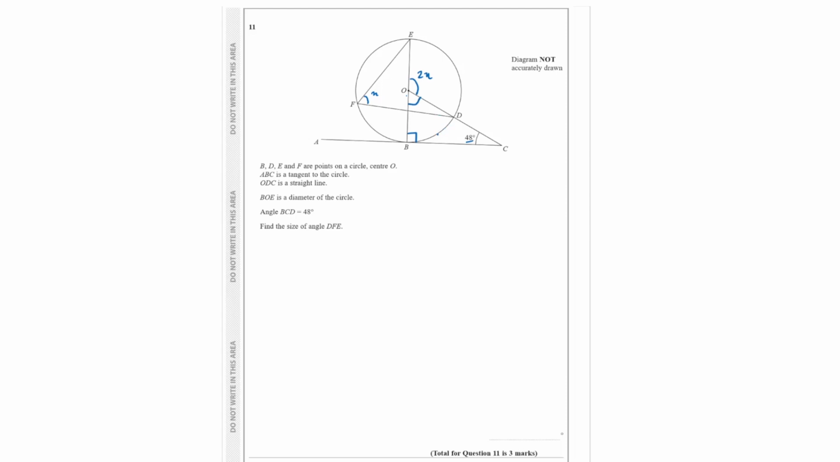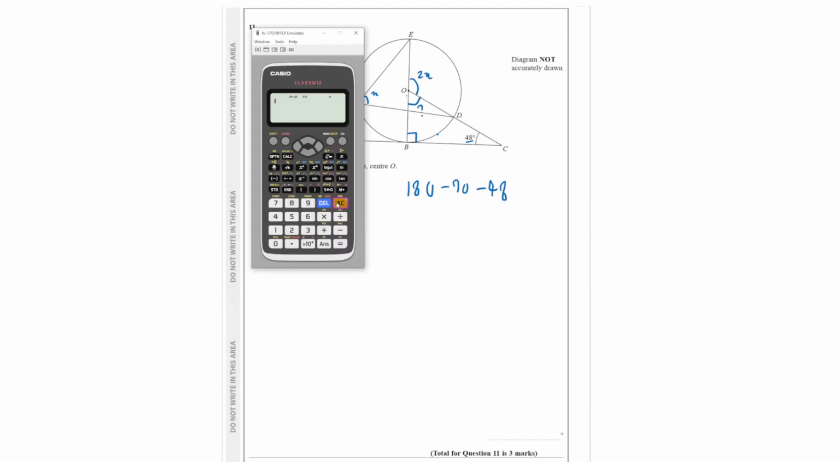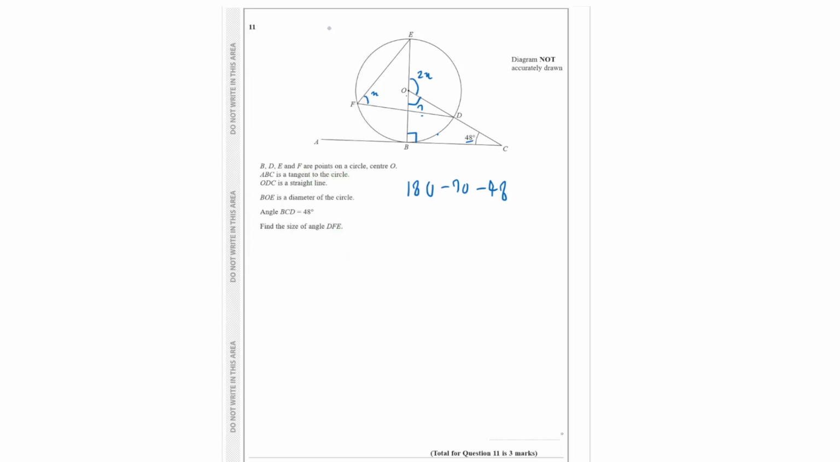So the sum of all the angles inside a triangle is simply 180. And here we have 90 and 48. We can find this angle. So if we pull out the calculator, 180 minus 90 minus 48 is equal to 42. So if this is 42,